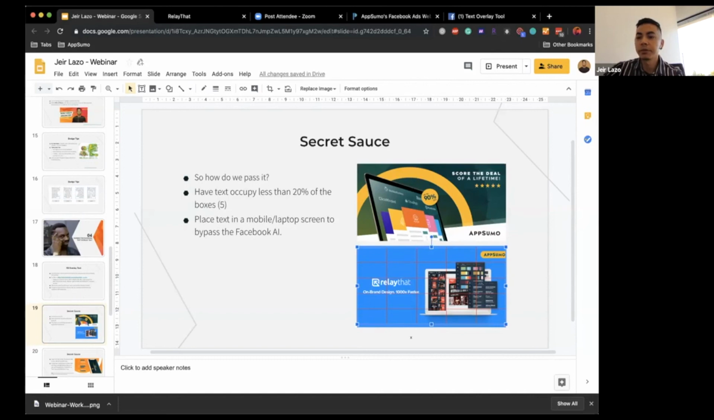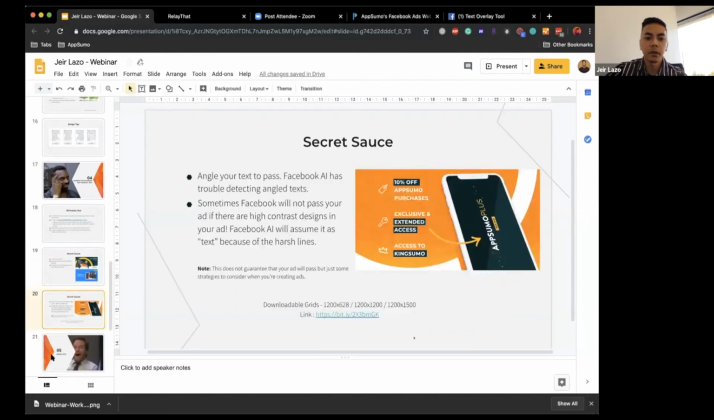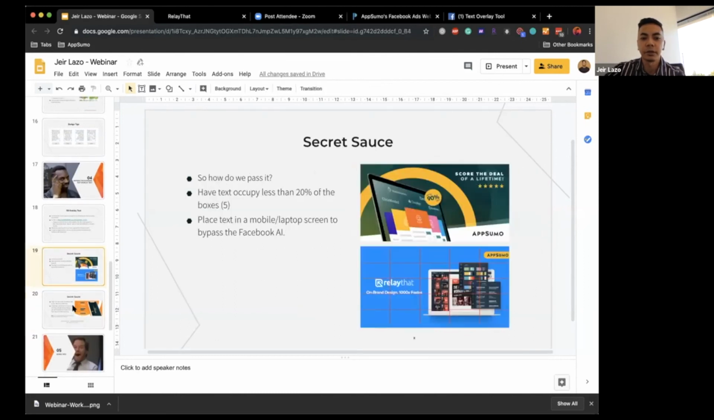Yeah, we've done manual reviews a few times, and as long as you stick within the 5 squares, you should be okay. All right, so like I said earlier, to pass the Facebook 20% rule,